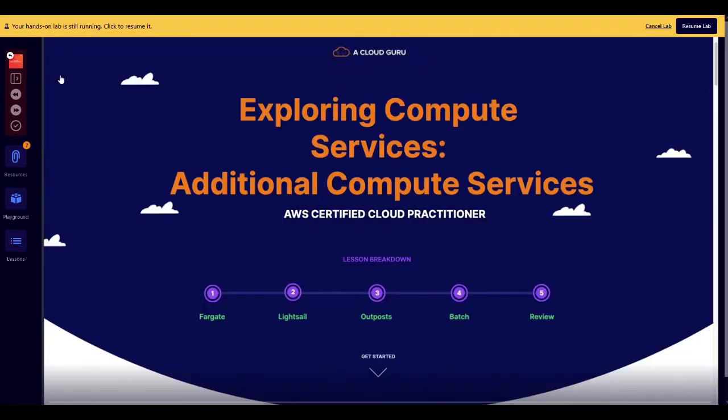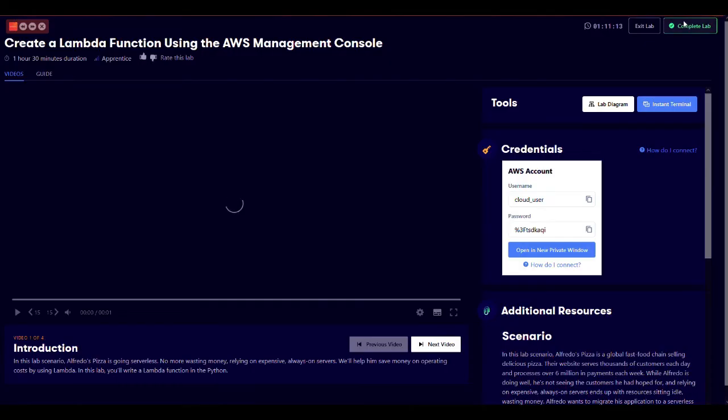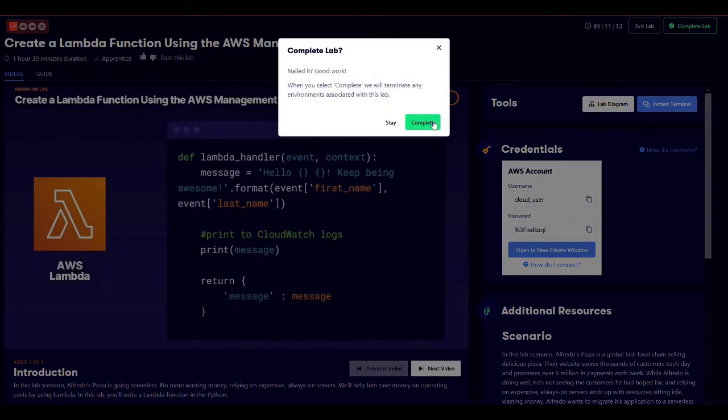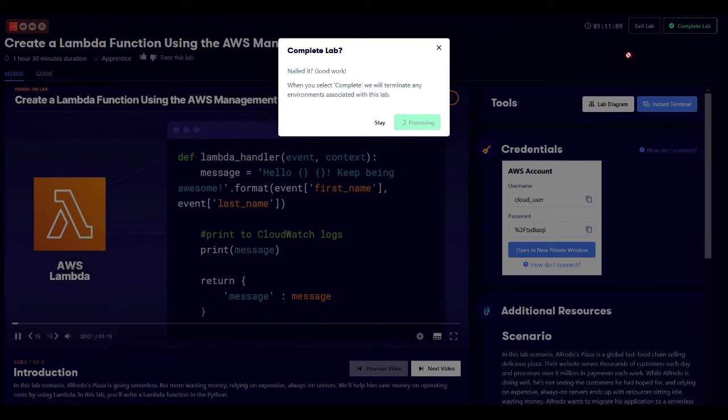Let's talk about additional compute services. Don't forget that you can follow along with me by using the web page associated with this lesson. In this lab scenario, Alfredo's Pizza's web app, where they process customer orders, is going serverless. No more wasting money relying on expensive